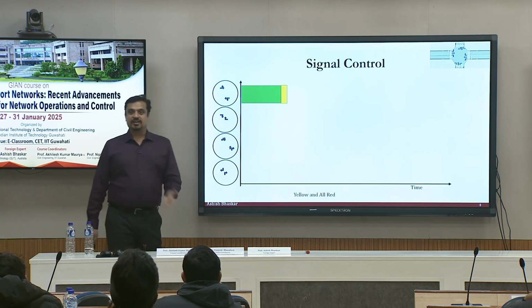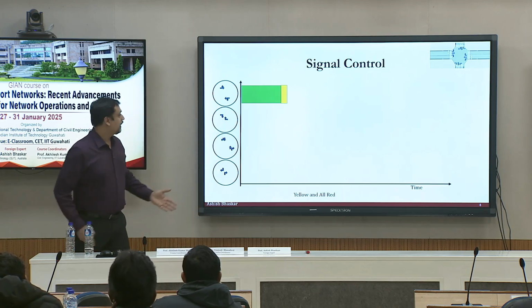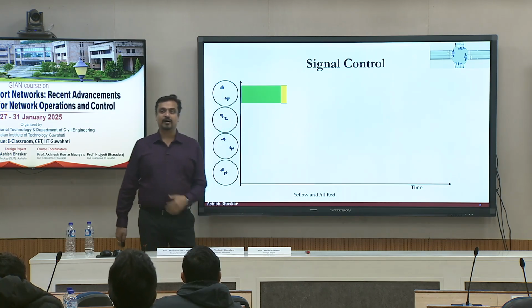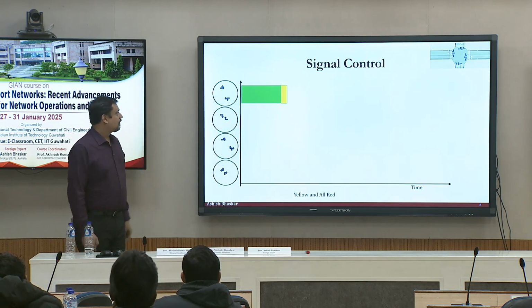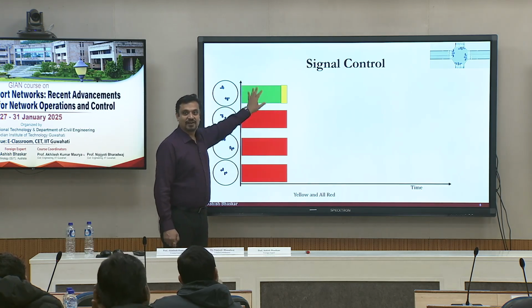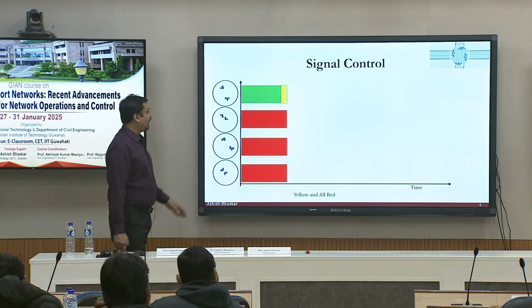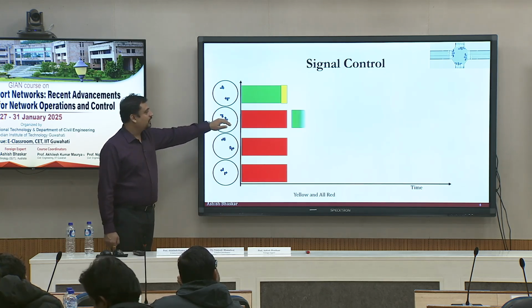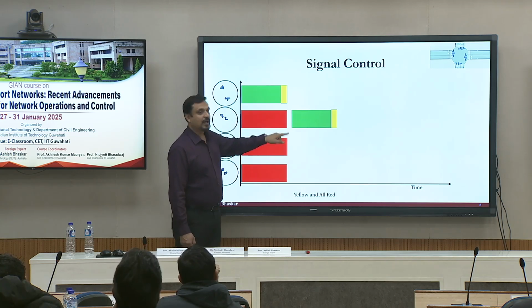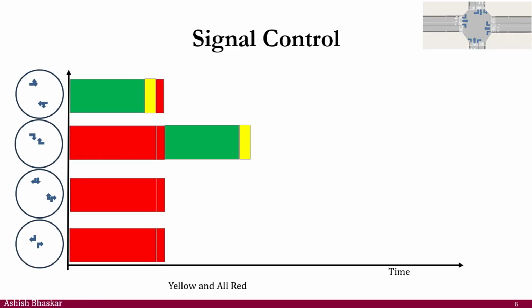Should I jump to the red straight away? Or should I start giving green to the other approach straight away? No. In fact, when we are giving green to this one, the others are red, by the way. Now, I want to give a green to this one. I will start giving green to that guy, but there is some time I will make sure that all the other ones are red. I will not let anybody enter the intersection, and that I am doing